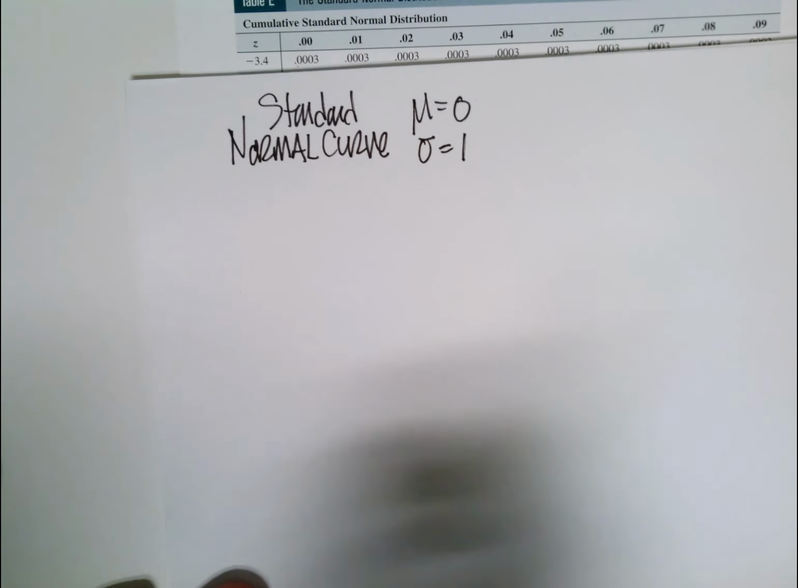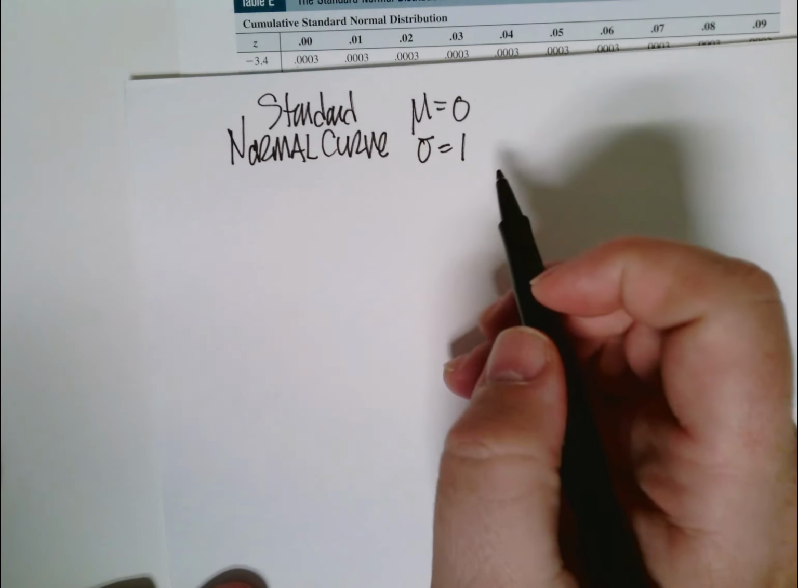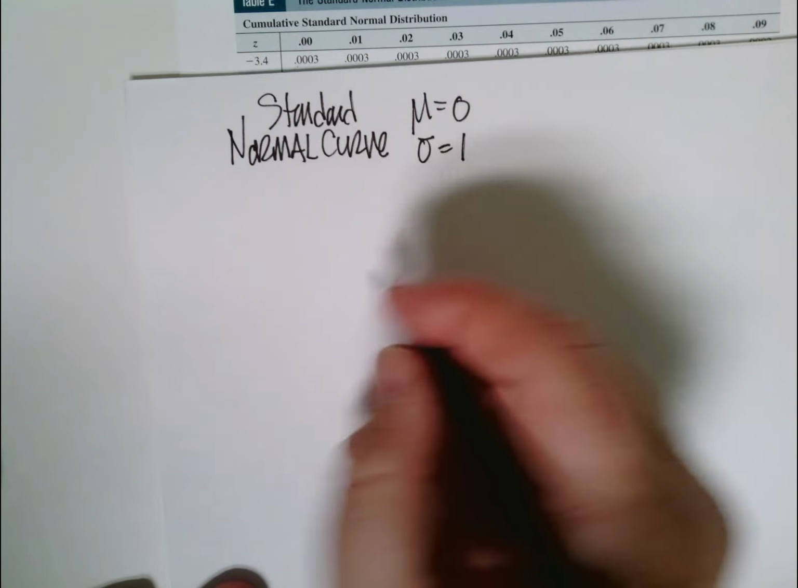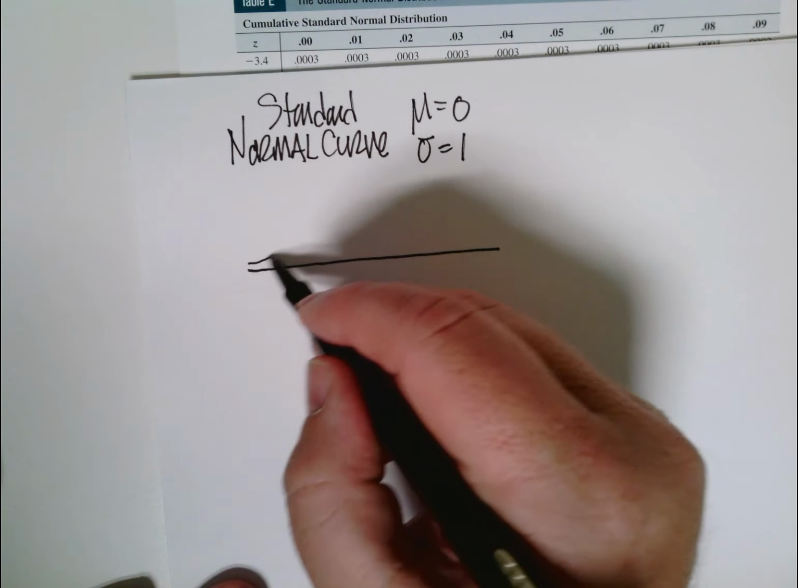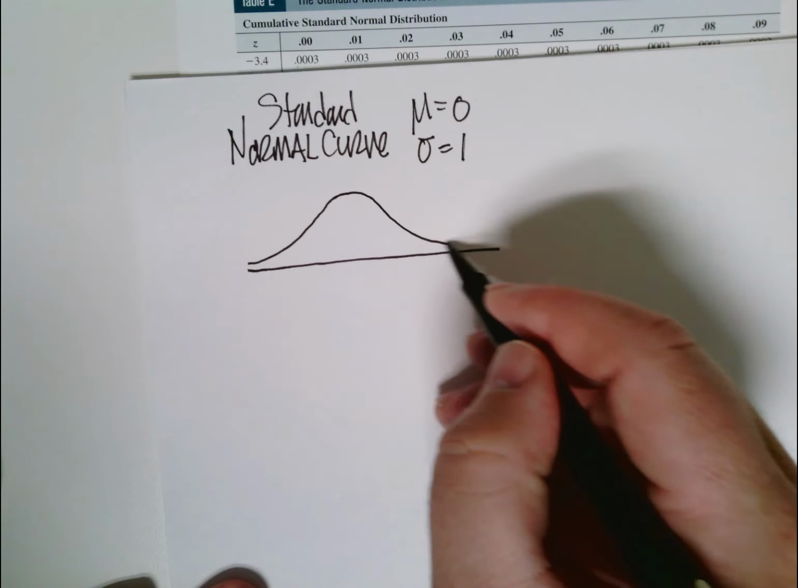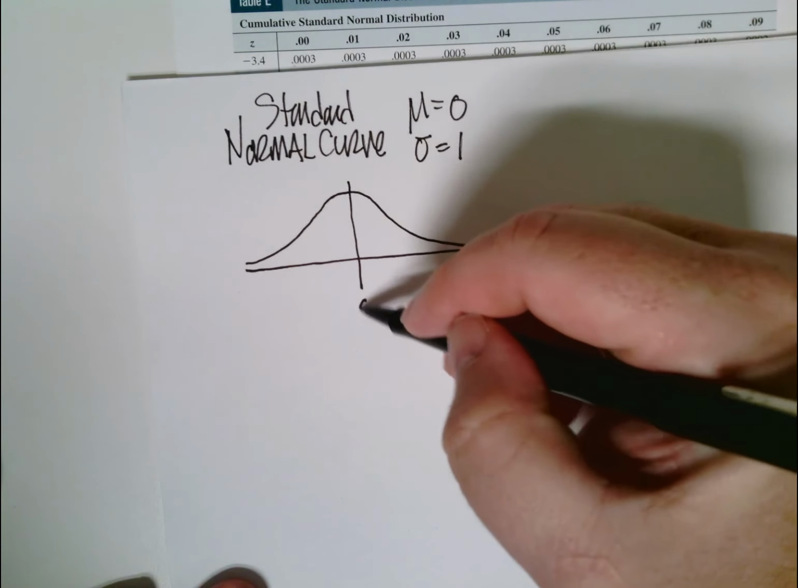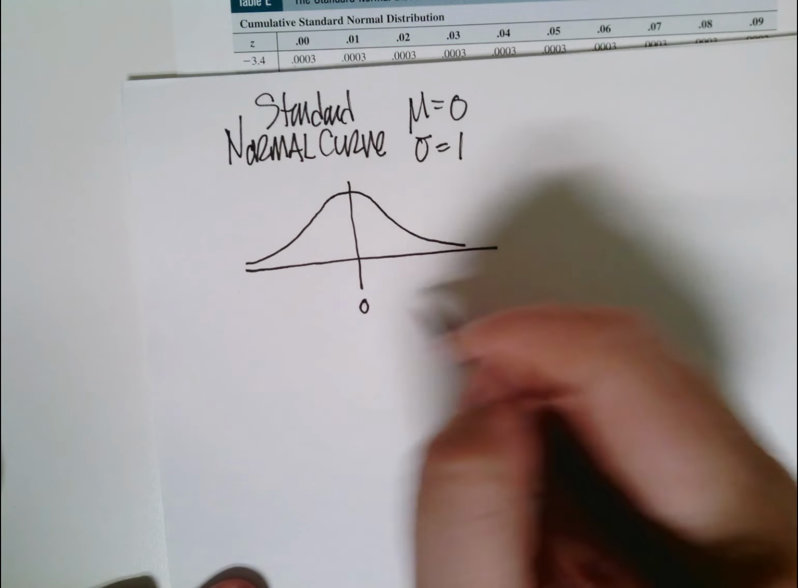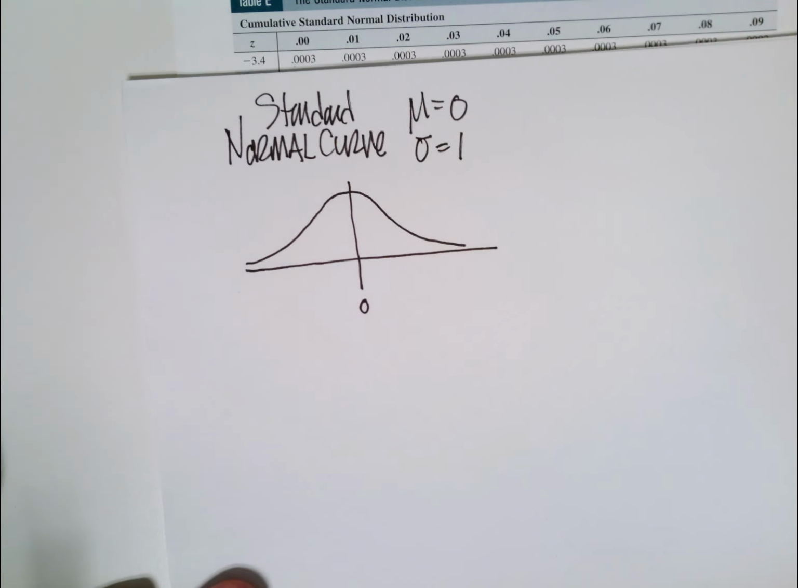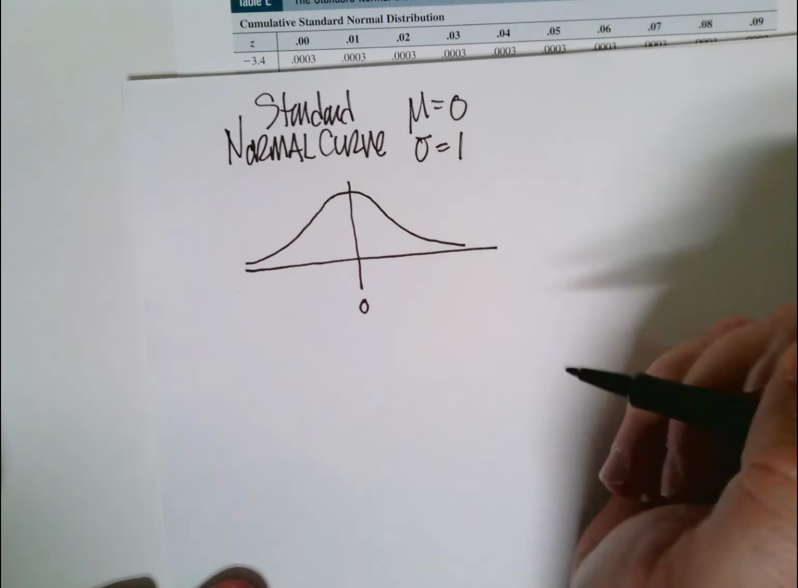So today we're going to do some problems involving the standard normal curve. The standard normal curve looks like a bell shape, right? The mean is at 0, and one standard deviation to one side, that's about 67% of the area under the